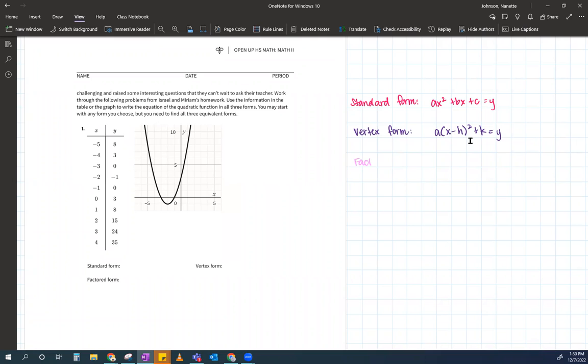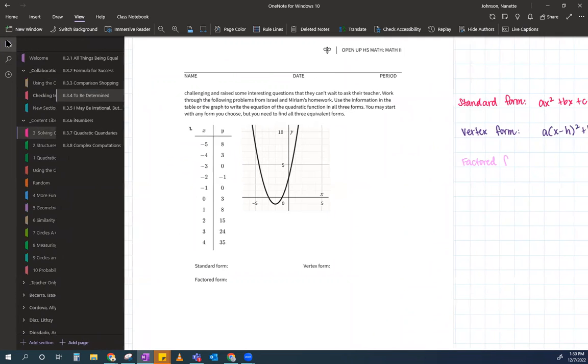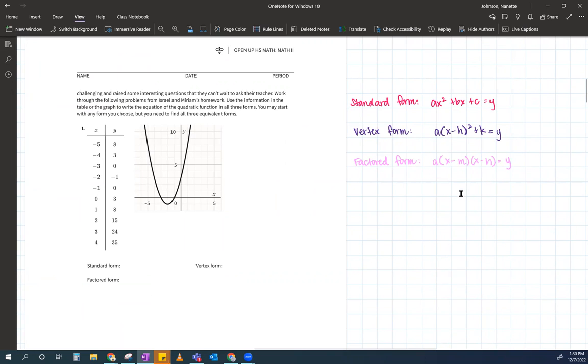So that's a times the quantity x minus, oh, what letter will I use there? They don't use a letter. We're going to use m, and x minus n equals y. Okay. Notice all three of these have an a in them. His job, a, in all three is exactly the same. His job is to tell you whether he's upside down or right side up and how fat or skinny he is. Okay, so that's supposed to be an n, but it looks like an h, so let me fix that. I don't want anybody to get confused. That's an n. Okay, so given all this stuff here, which one of these do you see as the most